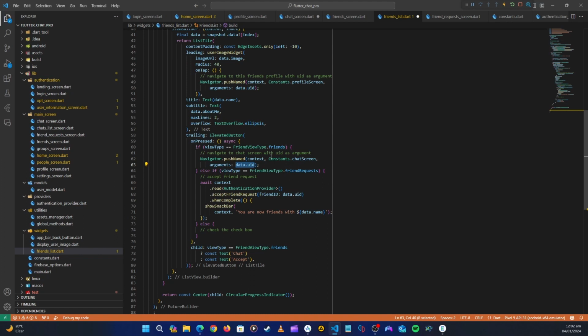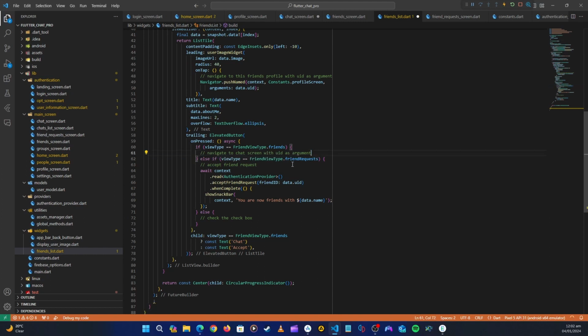So let's just let Copilot do it for us. Here we'll say navigate to chat screen with the following